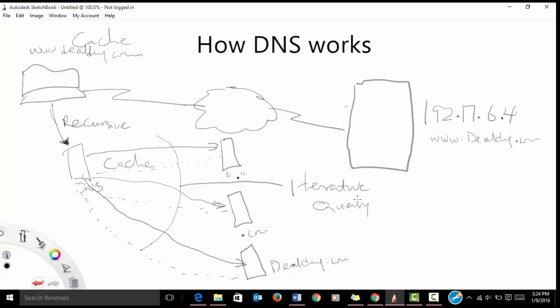So we've talked about two kinds of query. The recursive query is where you say, give me a response, give me the IP address or tell me you don't know it, and you get one response. That is a recursive query. So this guy does iteration by going to the root server, then going to the .com server, who sends it to the dealday.com server, and that one now gives you the IP address of the resource he is looking for, which now goes back to this DNS server, and this DNS server now passes back that record